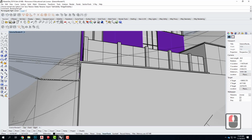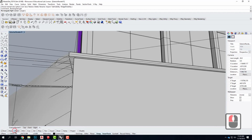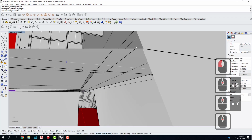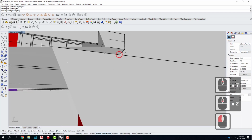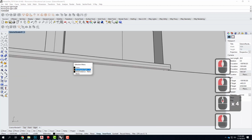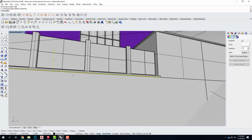And when I create it, it's going to ask me for one corner or one edge of the light. Let me turn on some snaps here. And I can go right along this edge to right there. And I can come out to right there, and then I end up with this really long, skinny rectangular light. The direction of the light is wrong, so it's pointing up this time, so I need to flip it. So I'll go ahead and type flip,